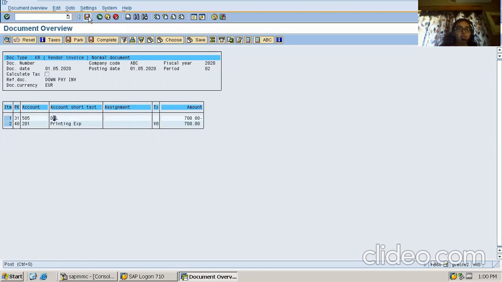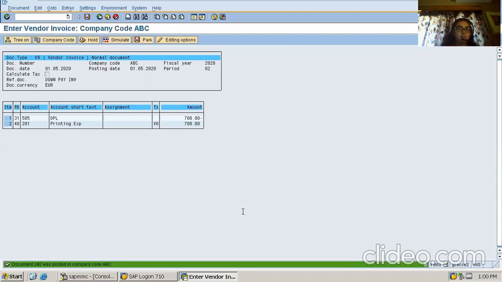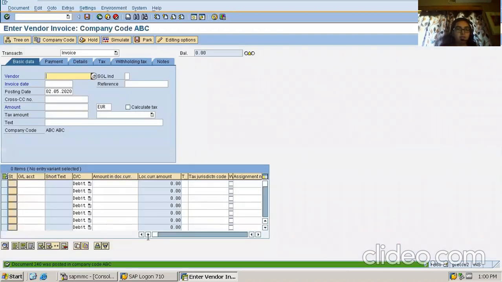Now I'm posting this. I'm happy with the transaction. So the system will be posting an accounting document. The success message will be shown in the message bar with the document number posted. Again, it will take a bit of time. Yes, document 240 has got posted.